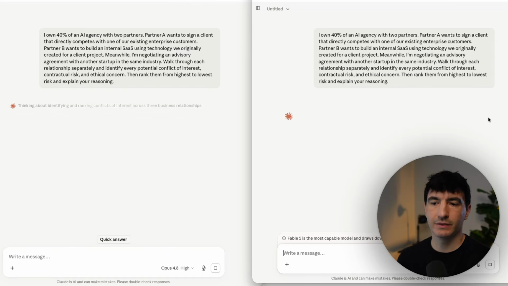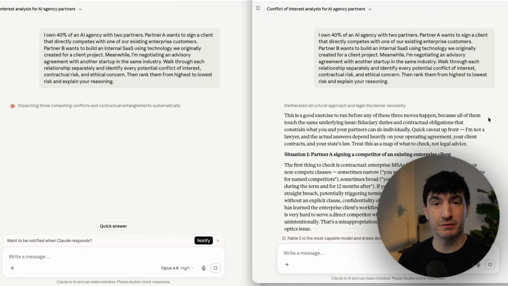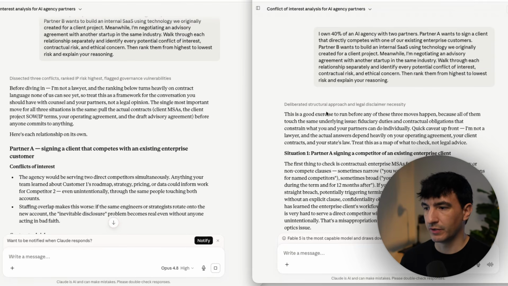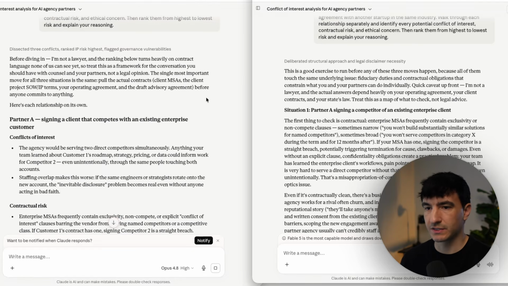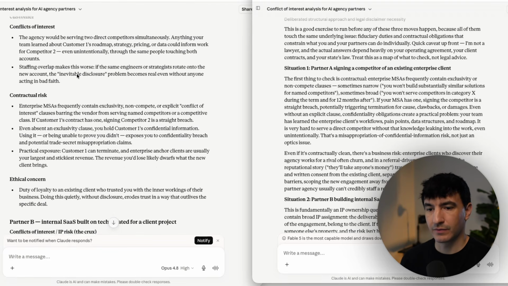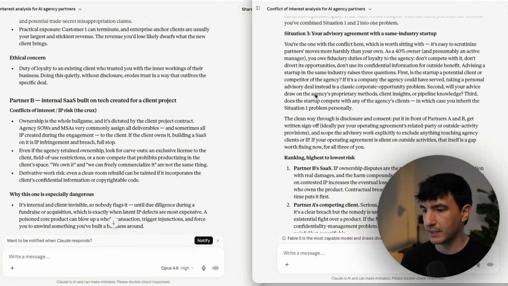All right, so they're both going and we can see who finishes first, the depth of the answer that we get, and we'll go through it. So Fable finished exponentially faster. As we can see, we already have an answer from Fable here. Opus is still working through it. Okay, so Opus has just now finished, and now we can go through these answers. Before we dive in, I'm not a lawyer, and immediately off the jump, we can see what they're focusing on. They're both thinking about legal complications. That's good in business. Partner A, ethical concern, contractual risk. We can see, and then we're looking through, we see partner B,